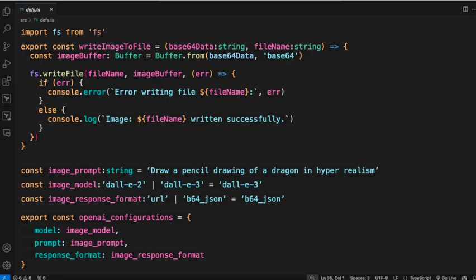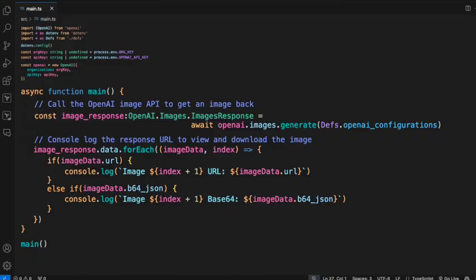Once we have the function in our defs file, we'll integrate it into our main function. Back in our main.ts file, we'll now integrate the writeImageToFile arrow function from our defs file into our image generation workflow. Here the code update in our main file is extremely simple. All we need is to remove the console log statement, which printed the Base64 data to the console, and replace it with a call to our writeImageToFile function. Here, we pass in the Base64 data returned from the AI and a file name to write the image to,